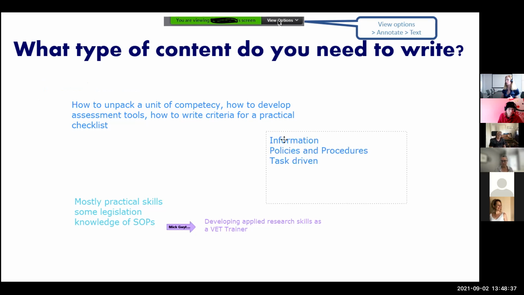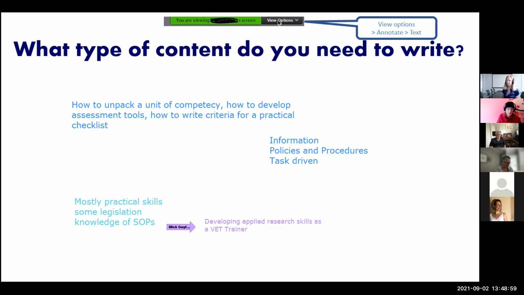Because there's not many role models around for them. That's the big picture, isn't it? And to what end is that research going to be used? It's probably to improve your delivery, or reach another cohort, or adopt a different approach, or build a closer relationship to industry. So finding out what each participant's reason is a good way of being able to customize content.